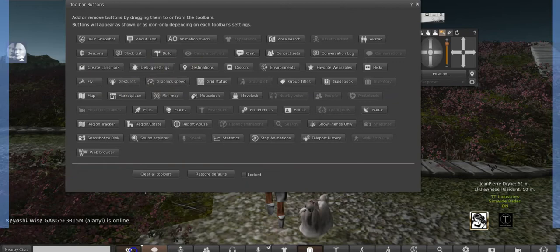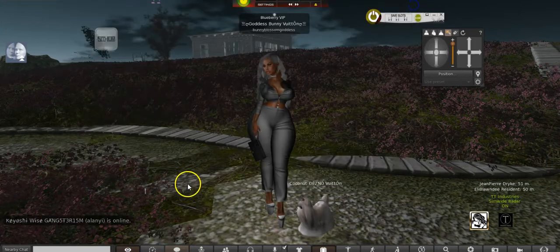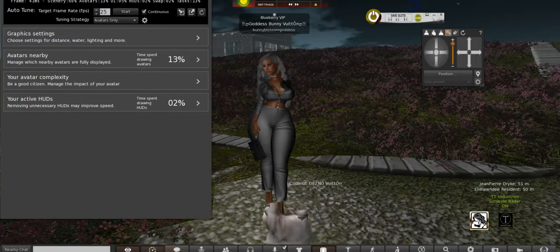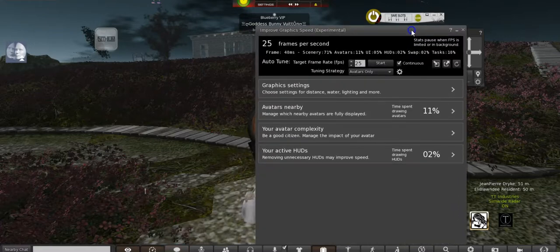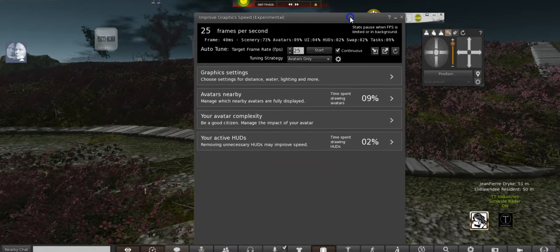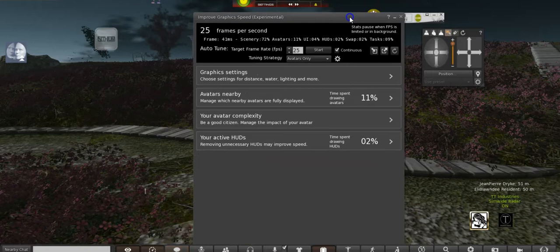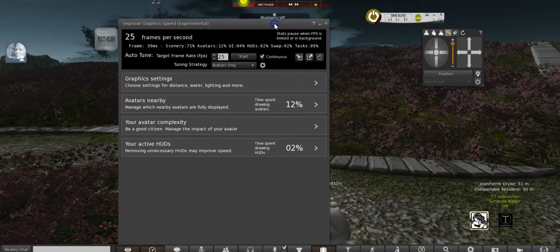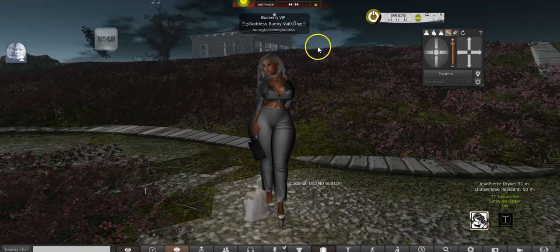Graphic speed. I never seen that. Is that new? That probably is new. Hold on. Okay. Well, that's cool. Oh, this tells you what your frames per second are. So right now it's 25. I don't know why the heck it's 25. But anyways,